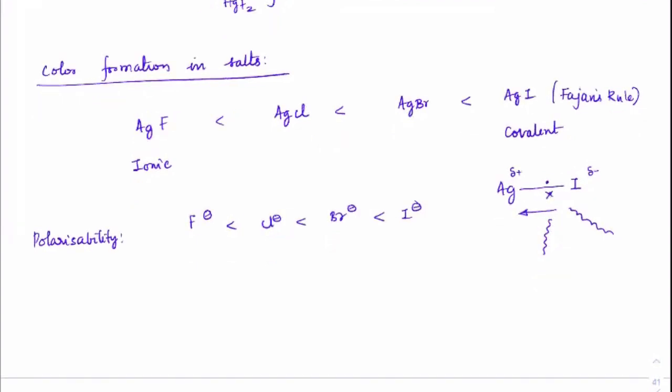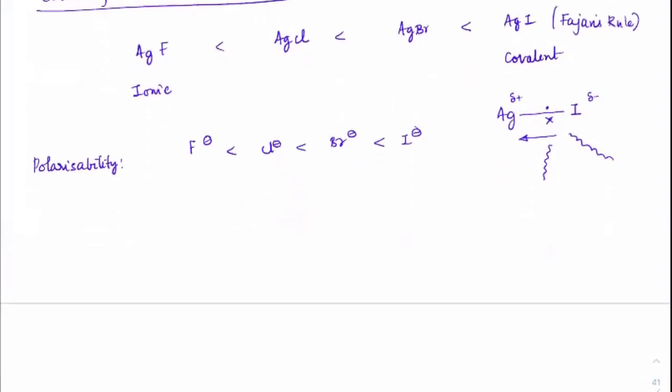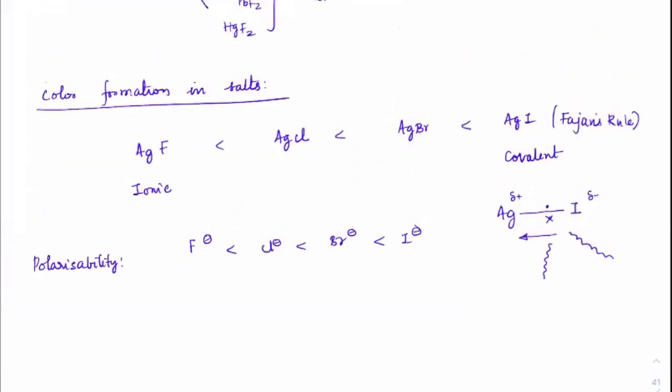So basically, all the color formations we have been studying so far have something to do with bond formation. What type of bond formation? Fluorine always forms ionic bonds. Ionic bonds will never push any electrons. They strongly hold the electrons with them. So it is impossible for us to get any colored compounds or colored solutions with them. Simple example, NaCl is always white in color. Why? Everything is getting reflected out of it.